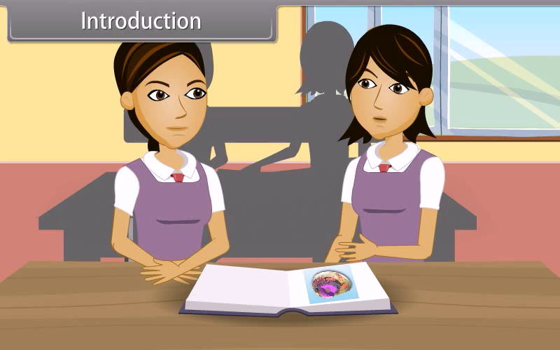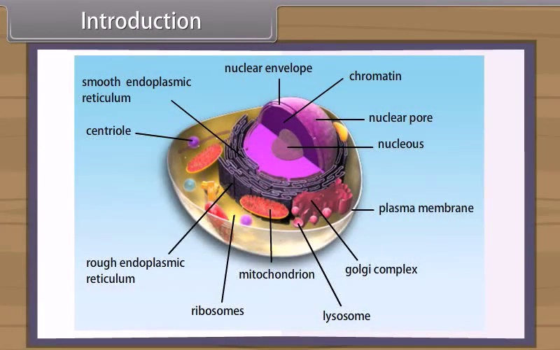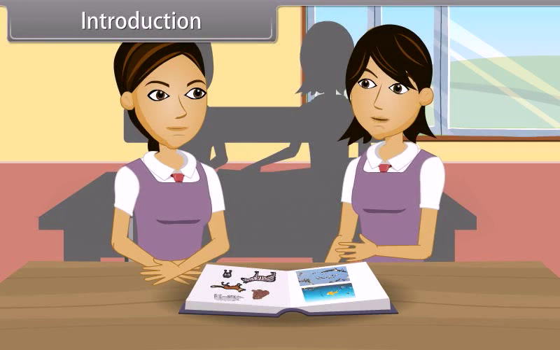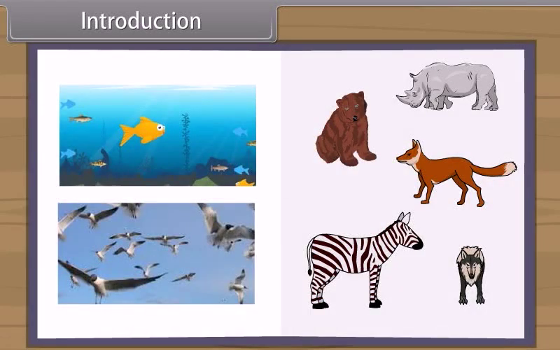Animals are eukaryotic, multicellular, and heterotrophic organisms. Animal cells do not have cell walls. Most of the animals are mobile. Animals are aquatic, example fishes, or terrestrial, example reptiles, mammals, etc., or aerial, example birds, on the basis of their